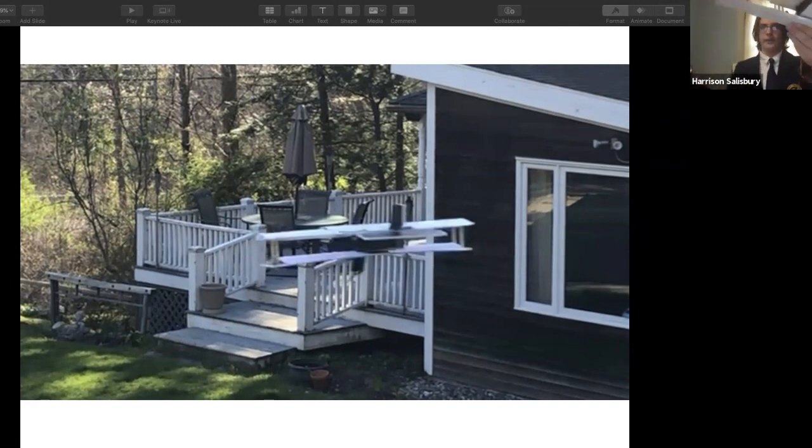I've got the controller here, and basically how you control the plane is